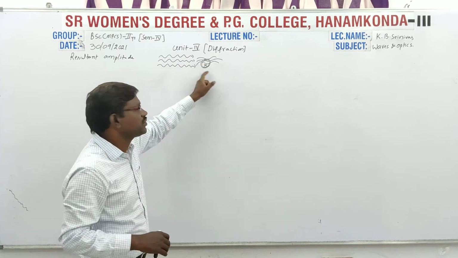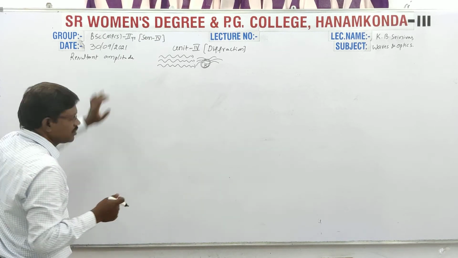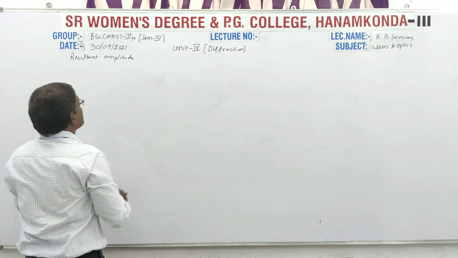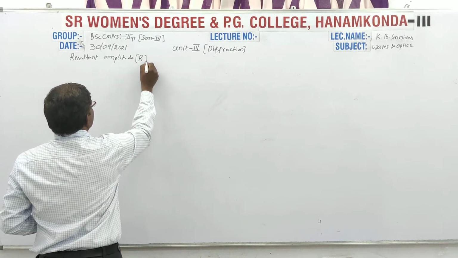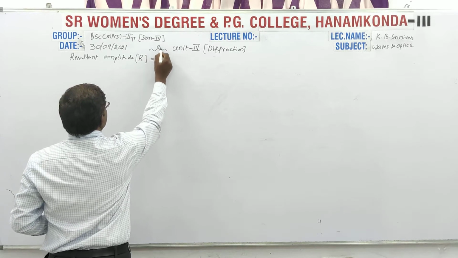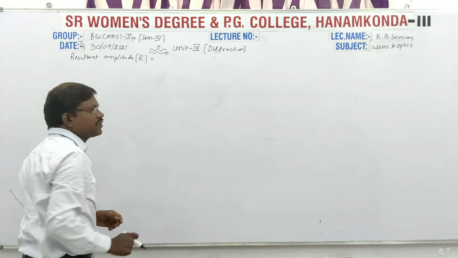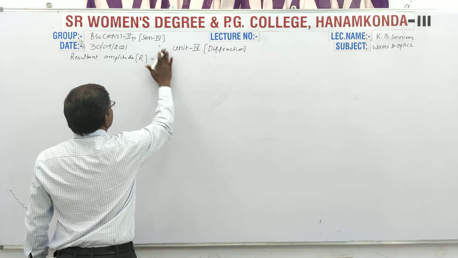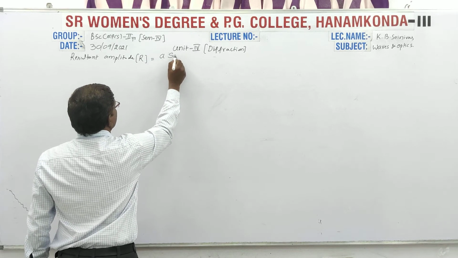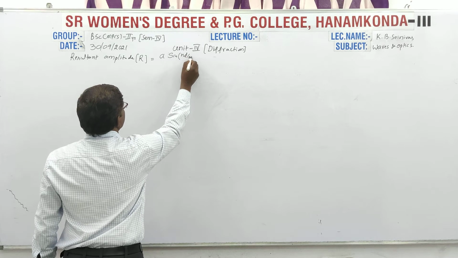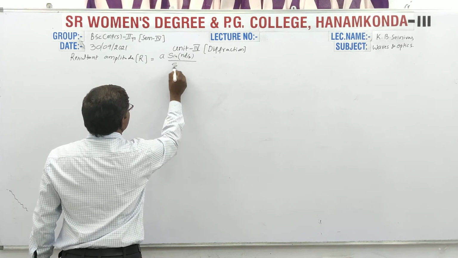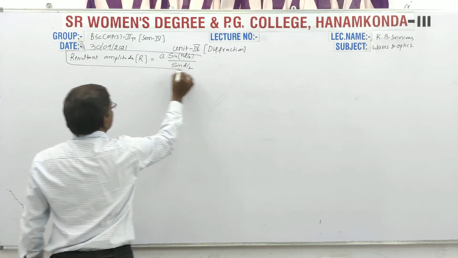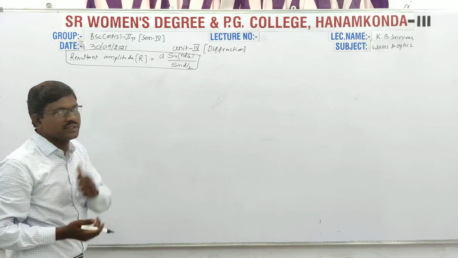The resultant displacement, definitely the amplitude of the particle, will change due to these waves. The resultant amplitude of the particle of the medium can be calculated by this formula, generally R for resultant. R is equal to, let us imagine the amplitude of each and every wave is the same and that value is equal to small a. So the resultant amplitude is equal to a sin(nd/2) divided by sin(d/2). This is the formula which I am going to use in the derivation.